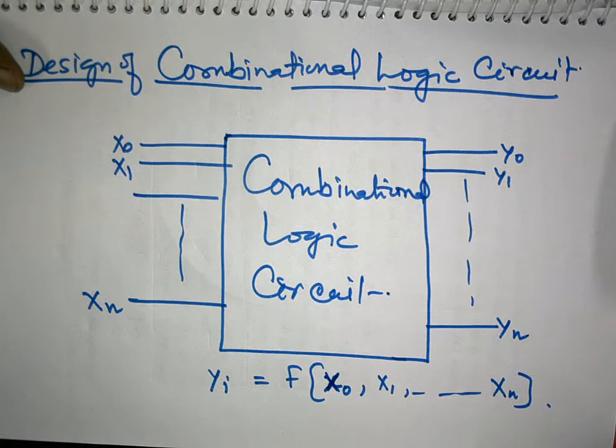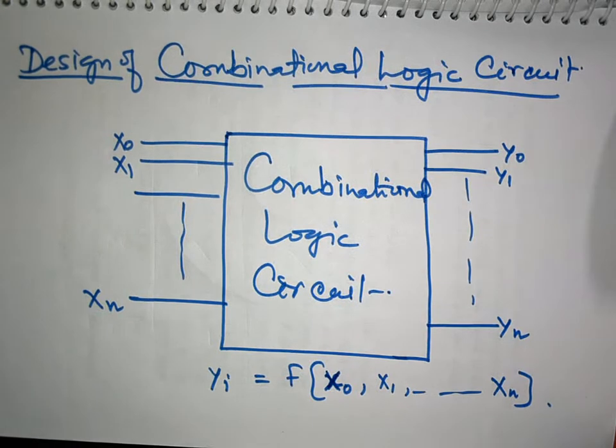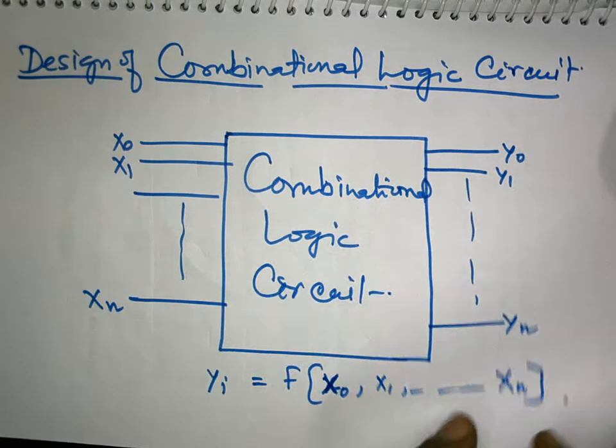If your circuitry shows any other kind of behavior, meaning the output is dependent not only on the presently applied input, but the output is also a function of past outputs, then the circuit is called a sequential logic circuit. Okay. I will further make this point clear when we arrive at sequential logic circuits, but I am simply pointing it out over here.